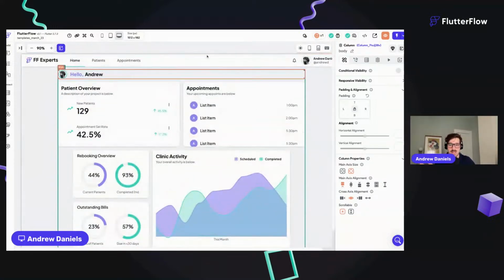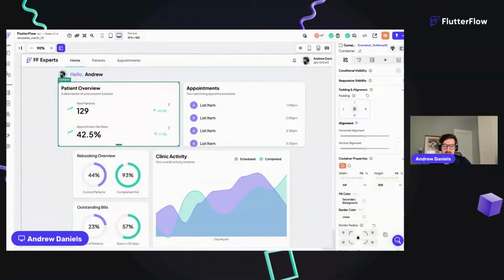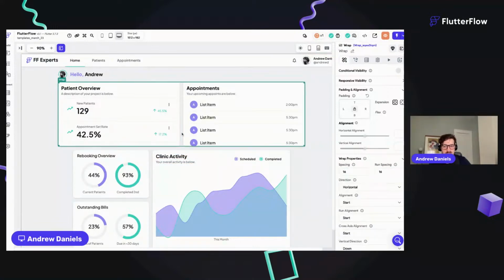Let's dive into responsive dashboards and such. We just released an update to containers, and this is how I build dashboards specifically. They're usually multi-column layouts on desktop, and they change layouts as you get smaller and smaller. So we have responsive visibility. We have the ability to create a row and then expand 2 cards, 3 cards, 4 cards. The problem with that is as you get smaller, those cards get smaller and smaller. And if you want the columns to change,